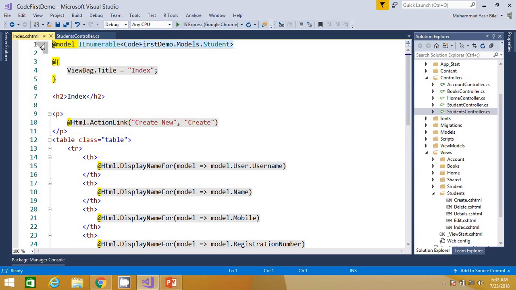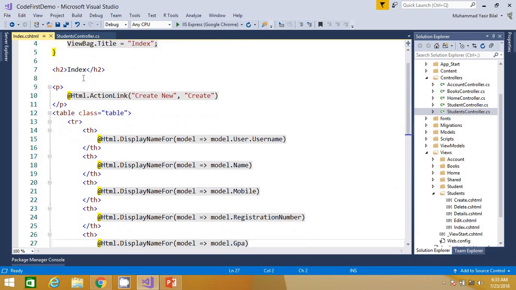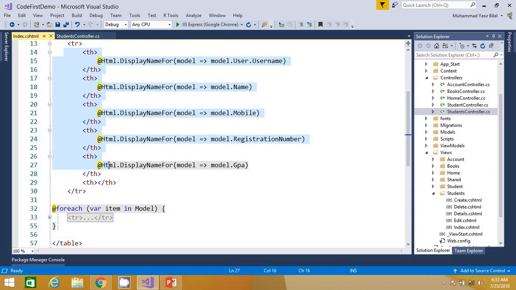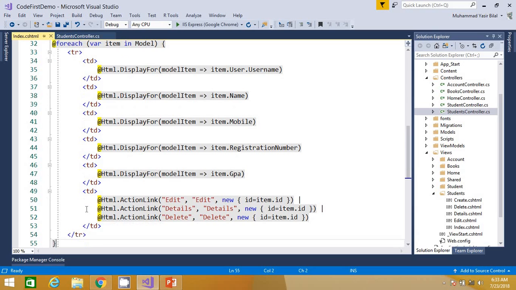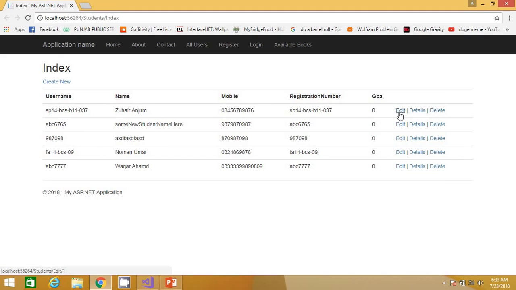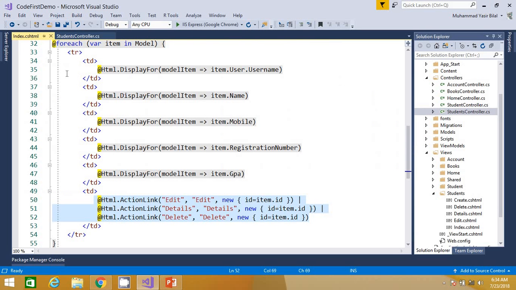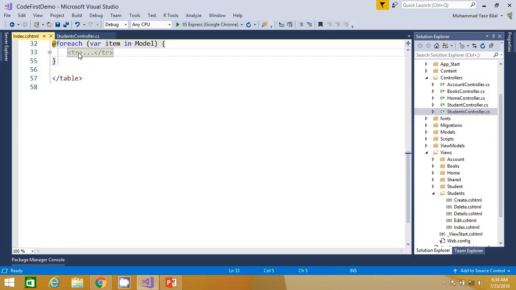So it accepts a list of students, and it prepares table headings for the property names, and then it iterates through every student that has been thrown to this view one by one, and it displays their values like you can see here, and it generates these links for every student to edit, detail or delete. So I want to tell you how we can use partial views.